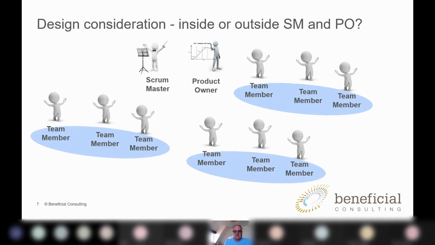The other thing which seems to be a bit of a difference between the frameworks is the question of whether the Scrum Master is inside or outside of the team. If you look at SAFe, they say that a Scrum Master can manage 2 or 3 teams, but the product owner would be embedded in the team.